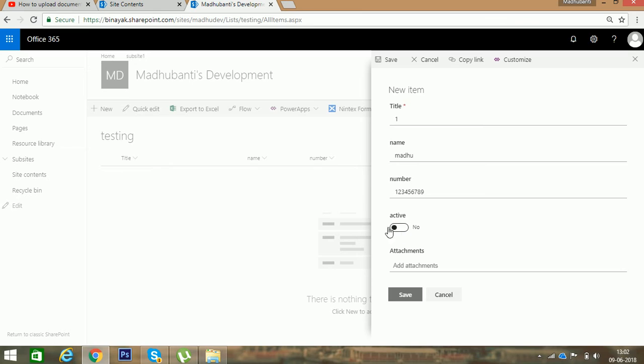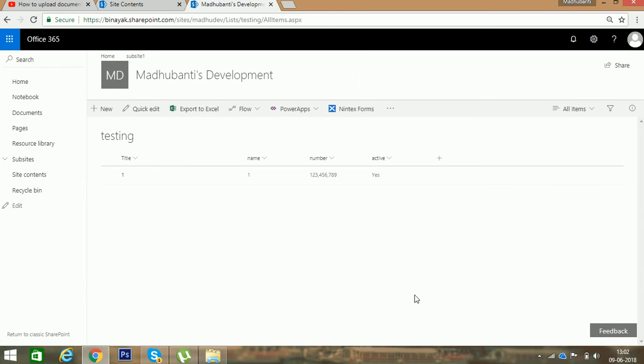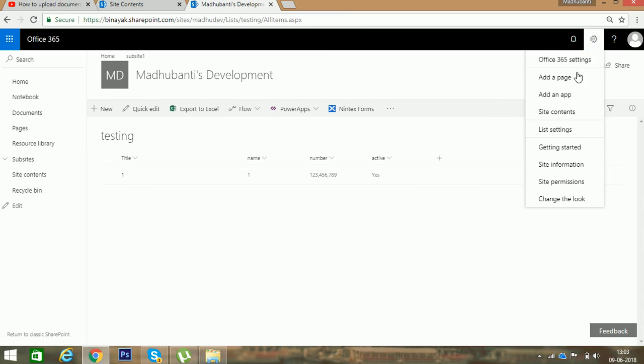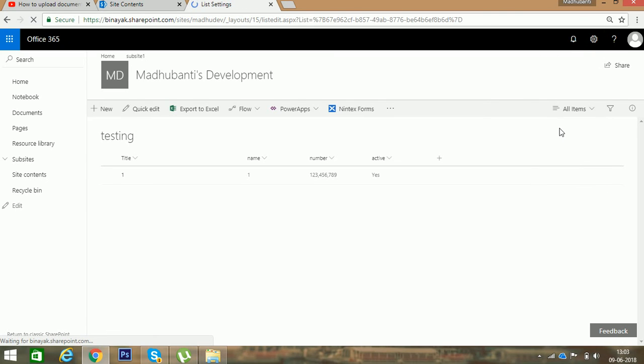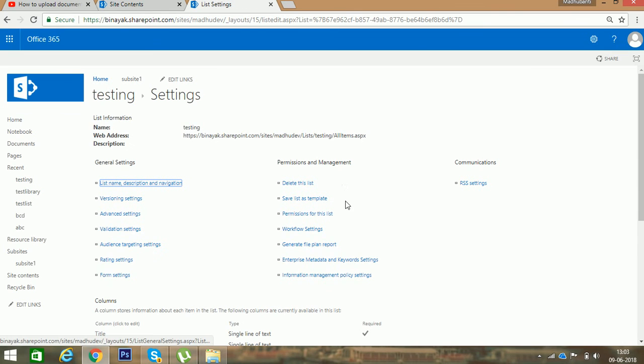You can see that I'm active, so I'm giving the yes one and then save this. See, here is the first entry. When all done, then stop the editing because your list is ready. Now if you want to delete this list, then for this you have to go to the settings option and then again list settings, and here you can see the option that is delete this list,